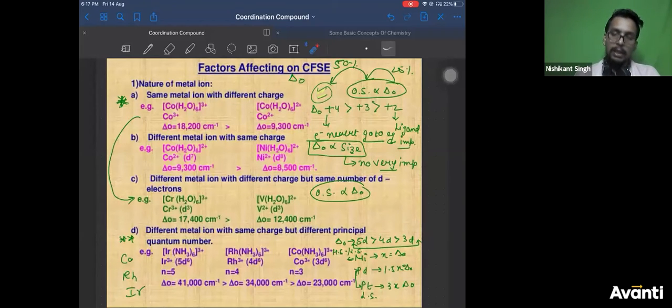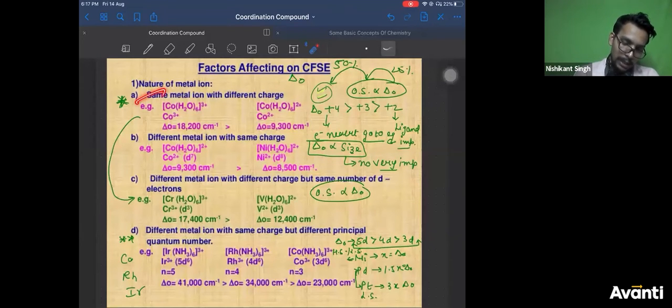Second point, nothing, Sakshi. As you increase the size, delta O increases. Left to right you go, size decreases. So as size is decreasing, delta O value is decreasing, Sakshi. That is this point. I have not taken the exact values, Chandan. I have taken rough values. I am trying to say, if the delta O value here is 1, it will become 1.5 here, and 3 here. Roughly, I am telling you. I am giving you a rough value.